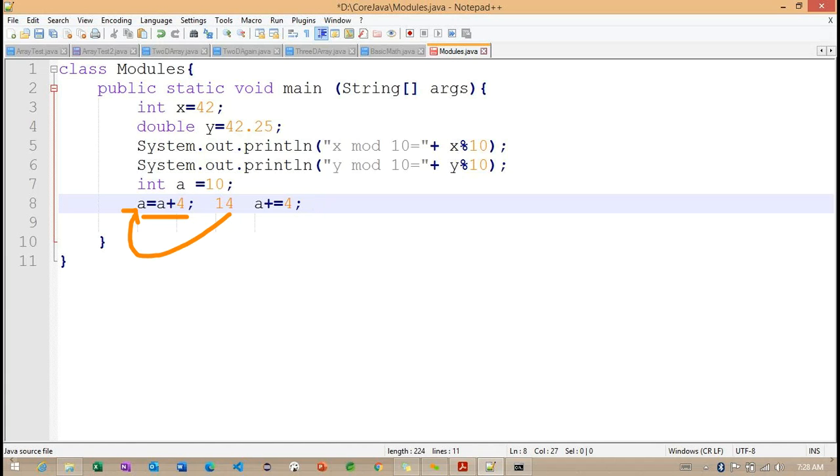Okay, so with a simple example, that is how the compound assignment operators work.